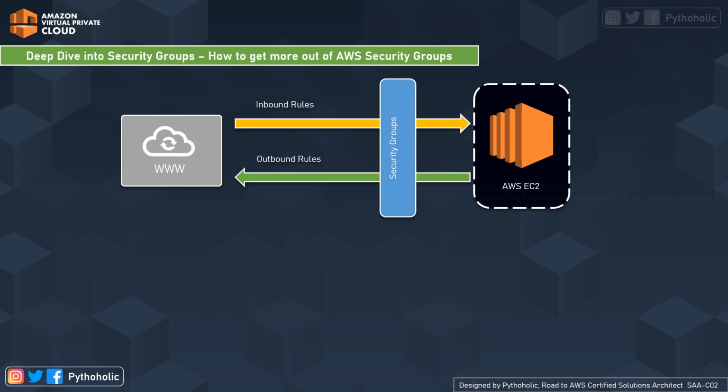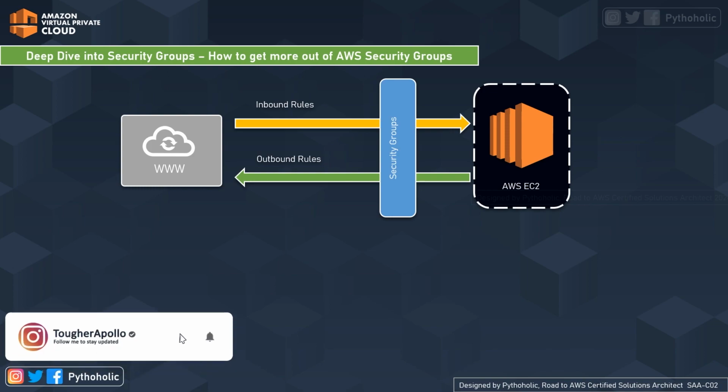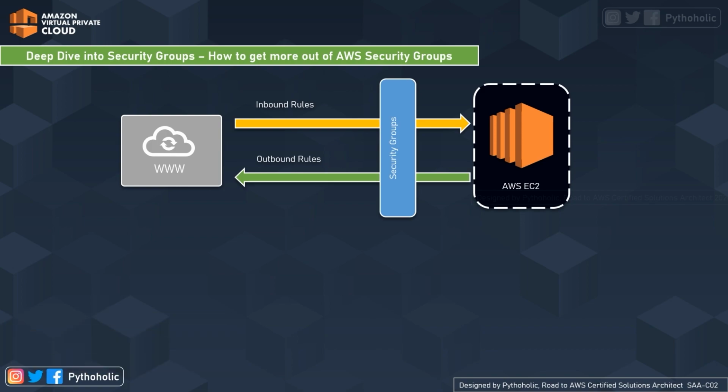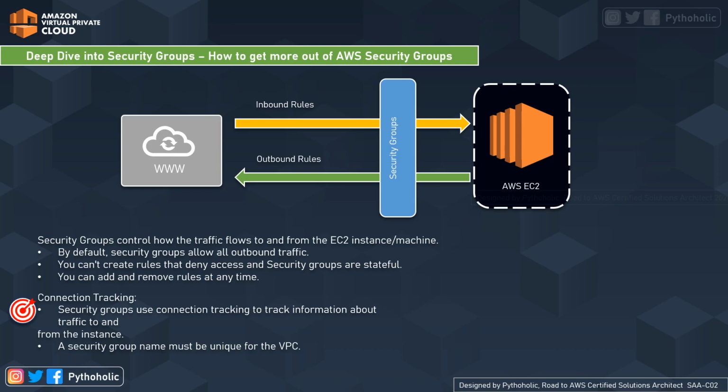And as we have already discussed, security groups act as a virtual firewall for our instances to control inbound and outbound traffic. What does inbound and outbound mean? It means that inbound points to the incoming traffic, or the requests that come into the host, and outbound points to the outgoing traffic, which is the requests going from the host machine to the outside world. And as you can see in the diagram as well, we have the EC2 instance and the access is